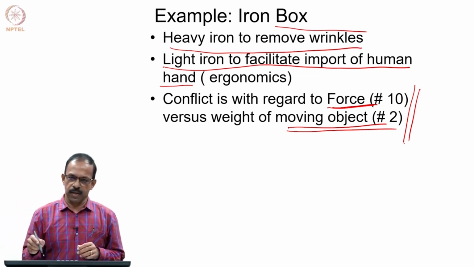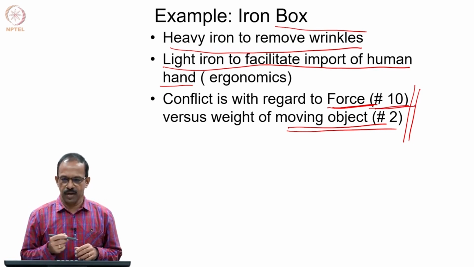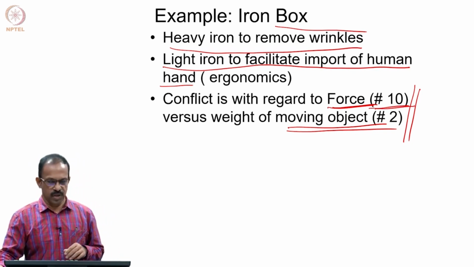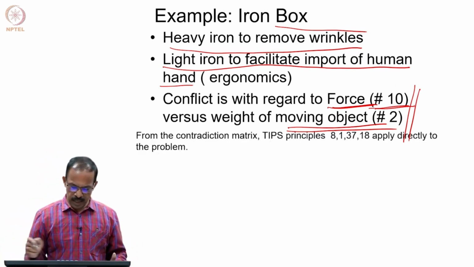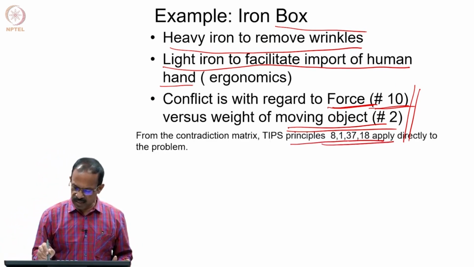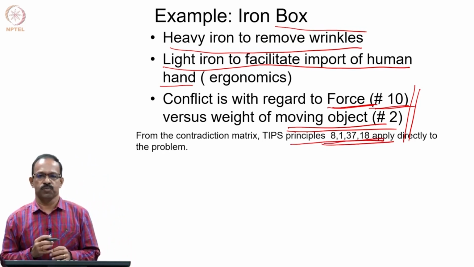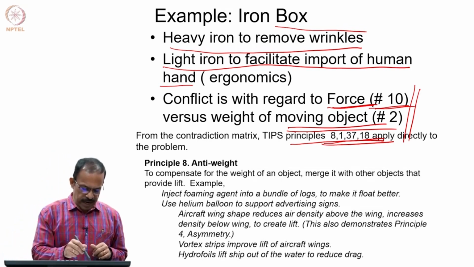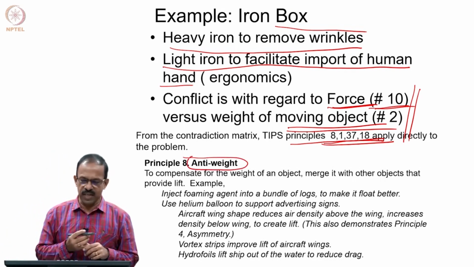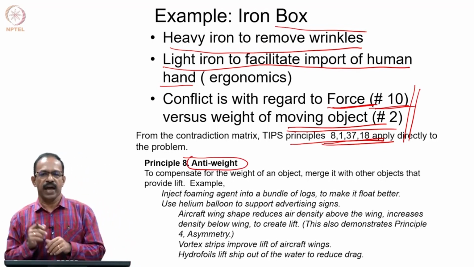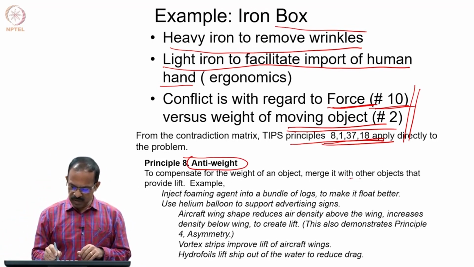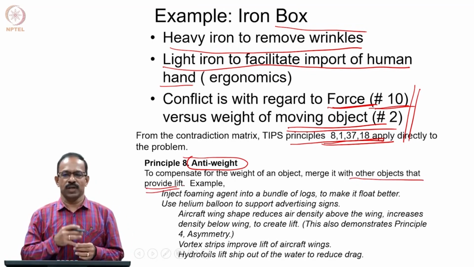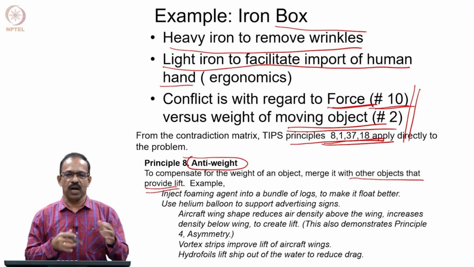Now, we will look at the contradiction matrix table and see what contradiction exists between 10 and 2, and what are the design principles that can be used. If you look at the table, you will see that principles 8, 1, 37 and 18 can be applied to directly solve this problem. Now, principle 8 is the anti-weight. If there is something heavy creating a problem, you try to provide an anti-weight, that is you merge it with other objects which can provide lift,